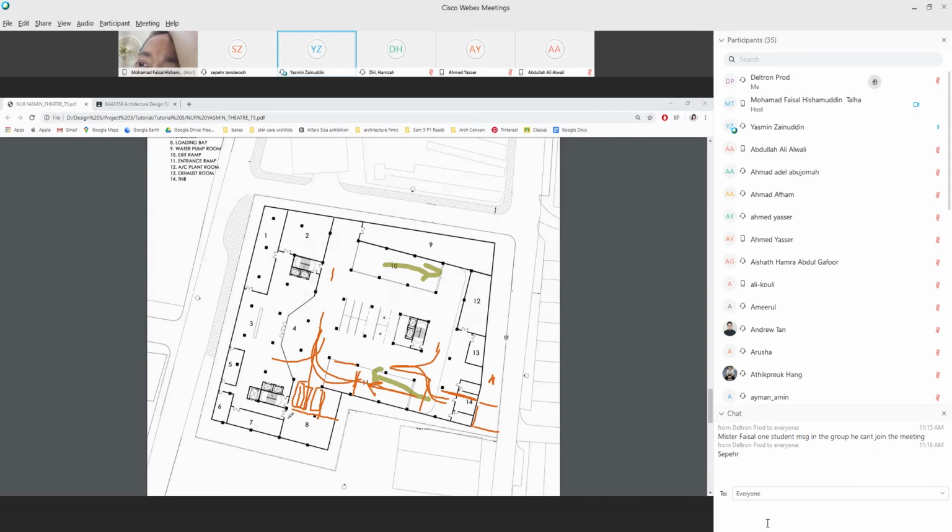Number 7 is storage, temporary storage. Yes. Okay, I think put the loading bay there because of the elevator. Yeah, I can see the elevator. I think leave it lah, leave it like as your design. Okay. I think it should be alright. Right?